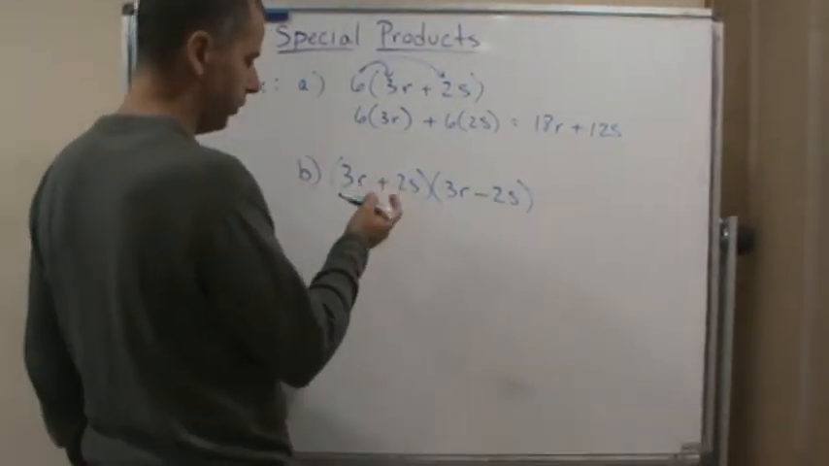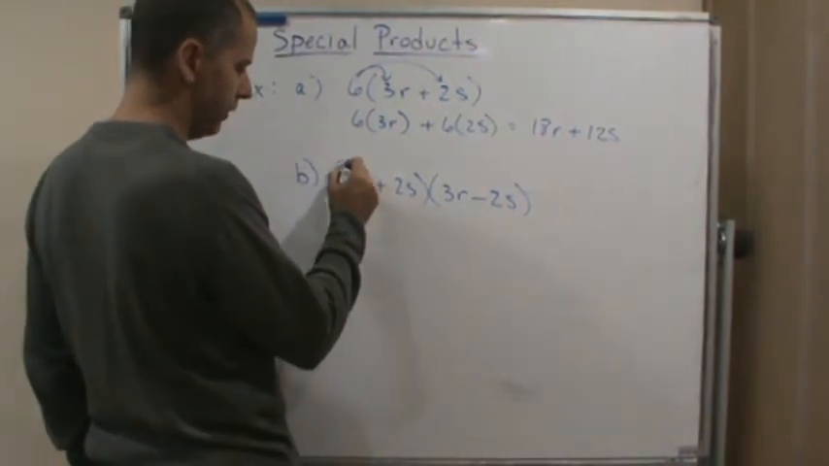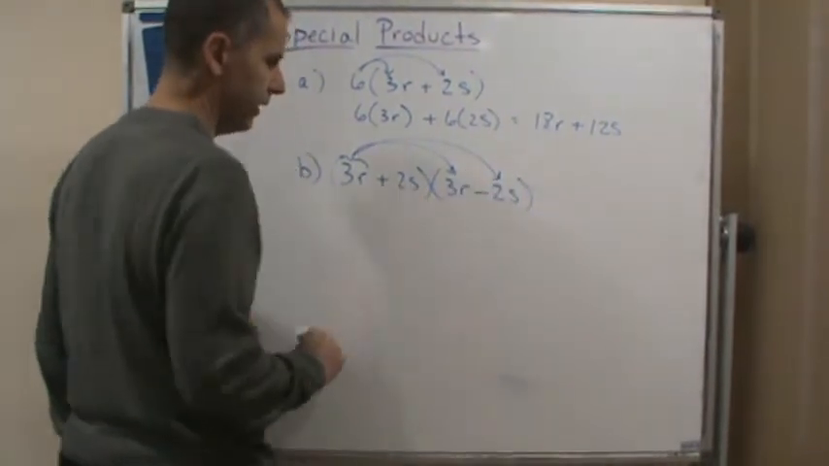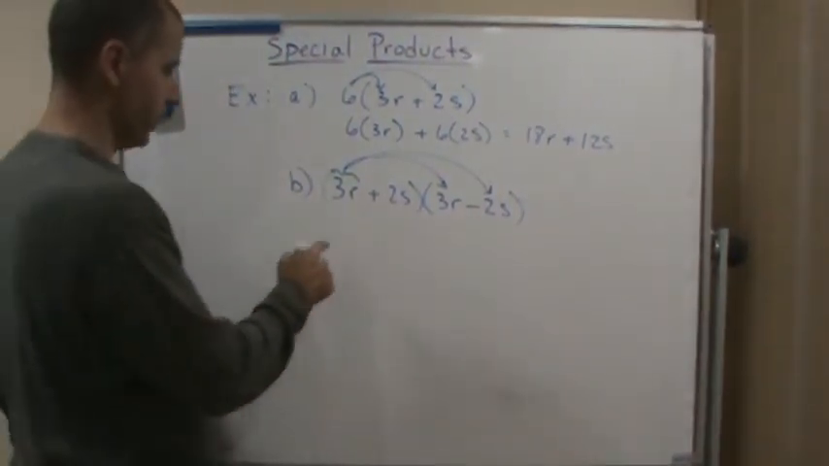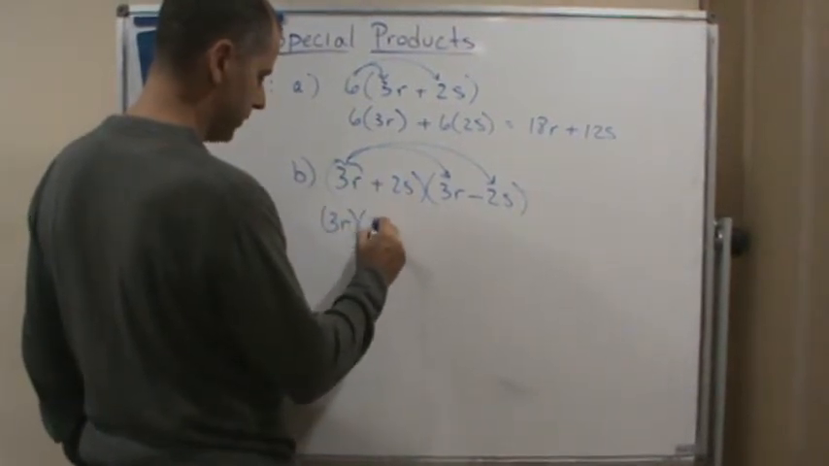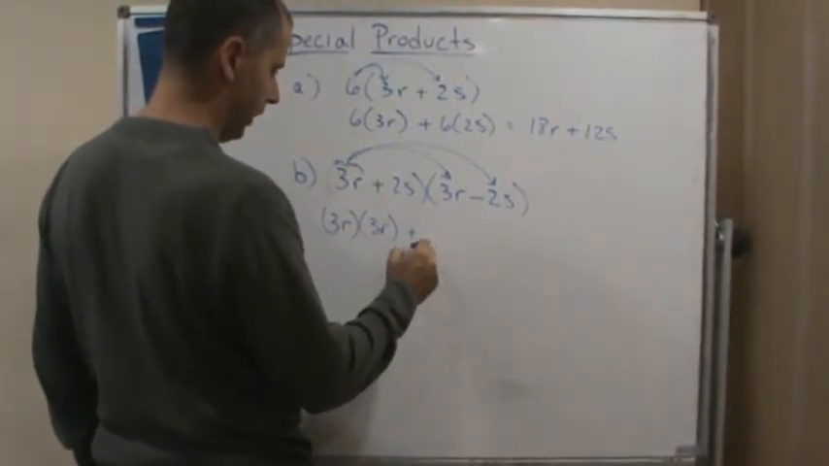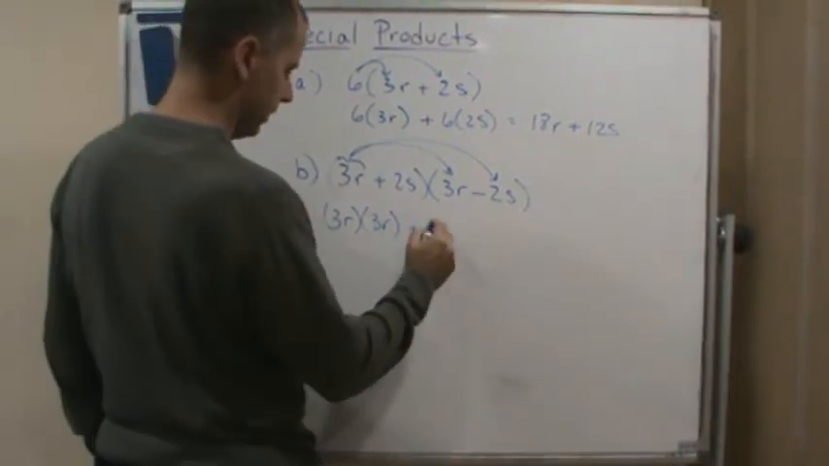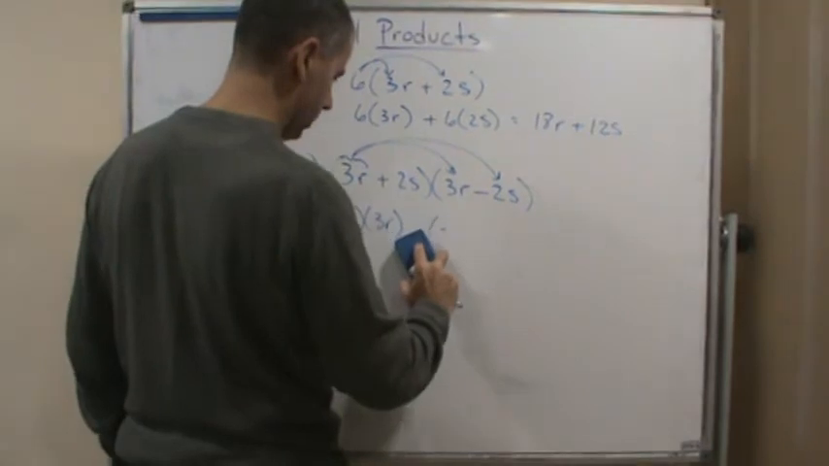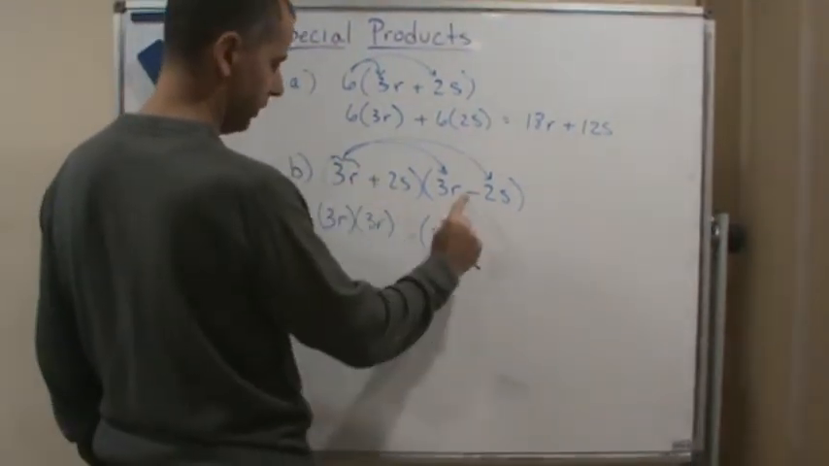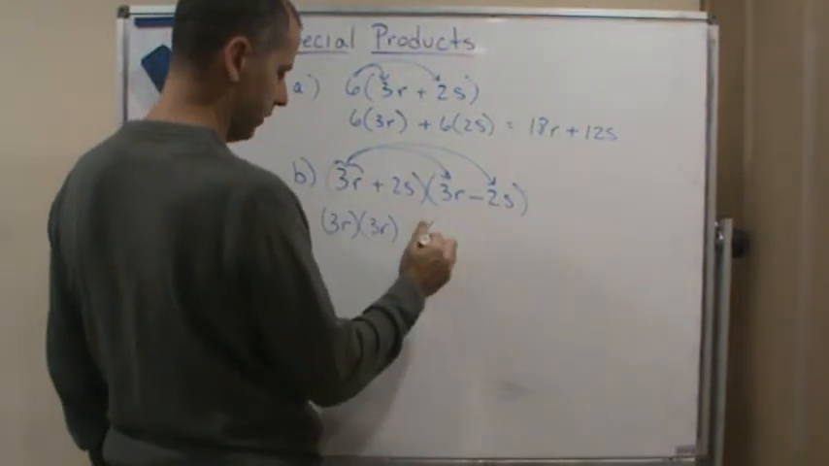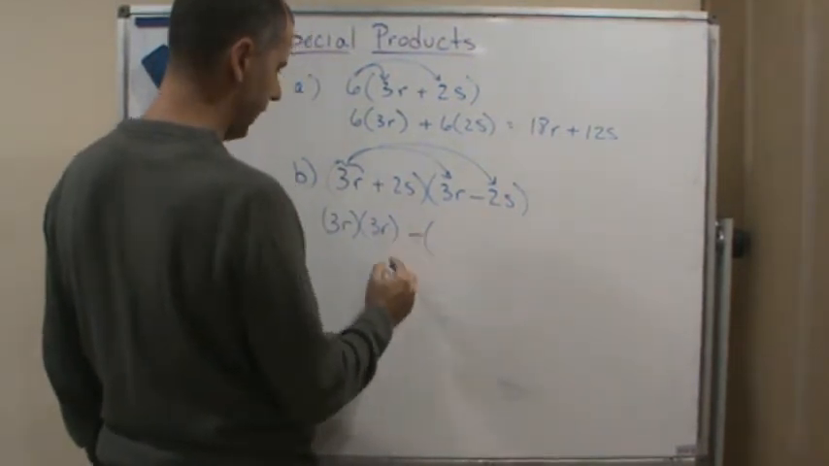So first thing we can do is distribute the 3r to this and this. So watch what happens. So this is going to be 3r times 3r, plus, minus, because we're doing minus, so positive times a negative. So this is going to be minus